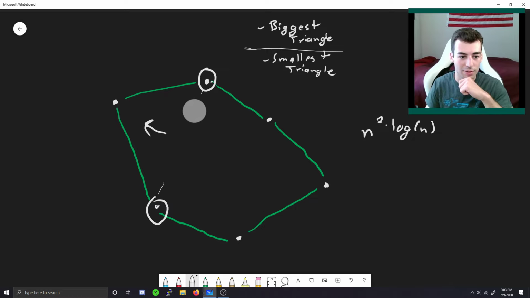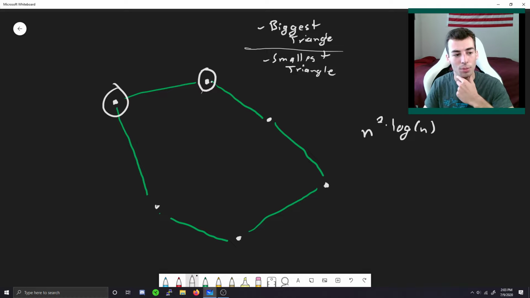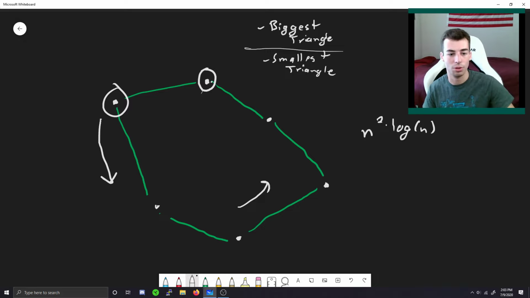And I'm sure many of you already have this going through your head, that this binary search is a bit wasteful, because it should be pretty clear that as this second point moves over, the third point is also going to move over. That should just feel right. I'm not going to go through super clever details of that, but basically what we can do is